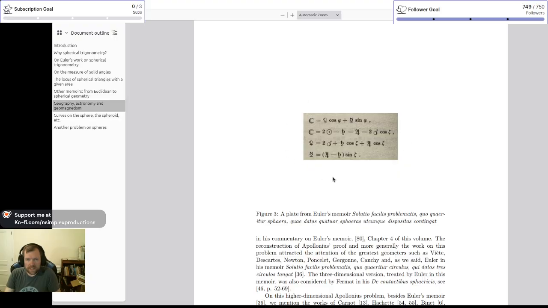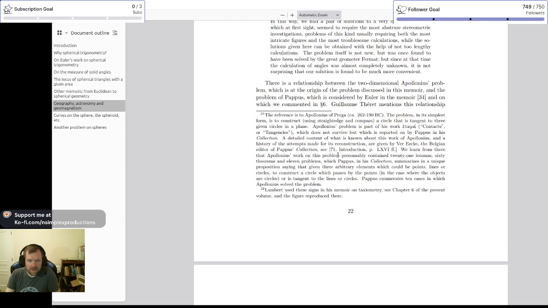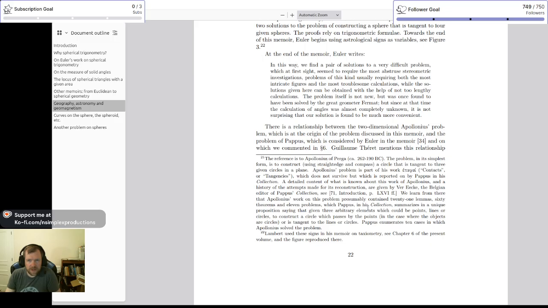This being the plate in which Euler used star signs for various variables. The reference to Apollonius is Apollonius of Perga, 262 to 190 BCE. The problem in its simplest form is to construct, using straightedge and compass, the circle that is tangent to three given circles in a plane. Apollonius' problem is part of his work